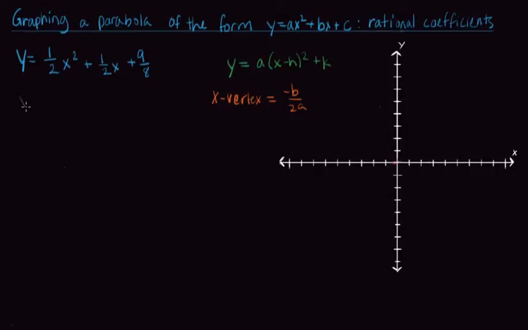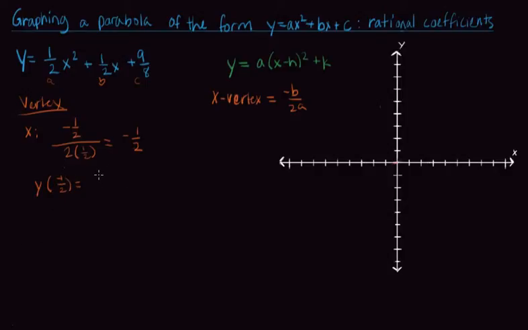So the x value of the vertex is going to be negative b over 2a. So this is a, and this is b, and this is c, right? So negative 1/2 over 2 times a, which is 1/2. So 2 times 1/2 is just 1, so this is just negative 1/2. To find the y-coordinate of the vertex, we can just plug it in. So y of negative 1/2